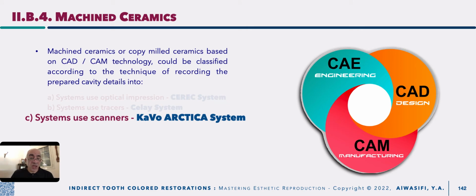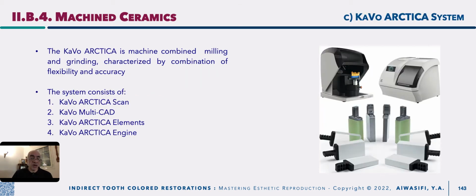representative of the systems that use scanners. In this system, it is a much more advanced one that combined milling and grinding, with flexibility and accuracy. What is meant by flexibility? Flexibility means that you could use this system either with an optical camera or with a tracer, with a scanner,